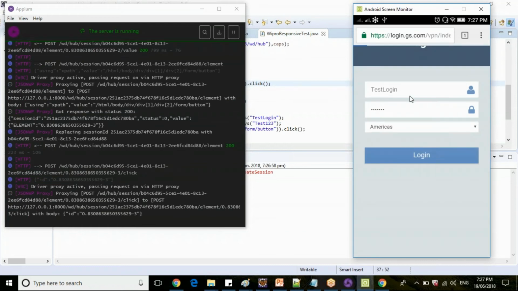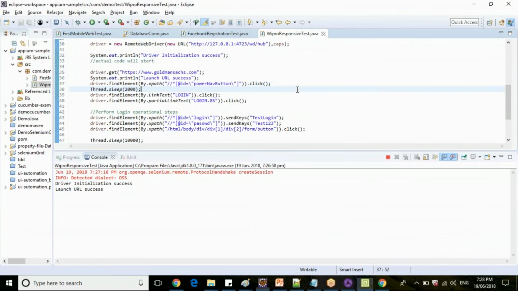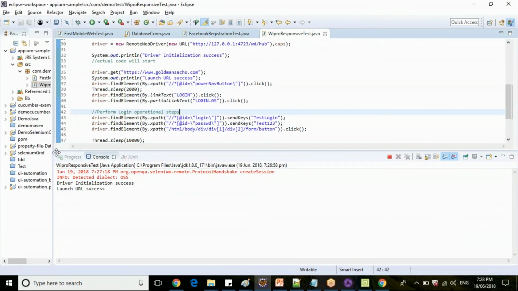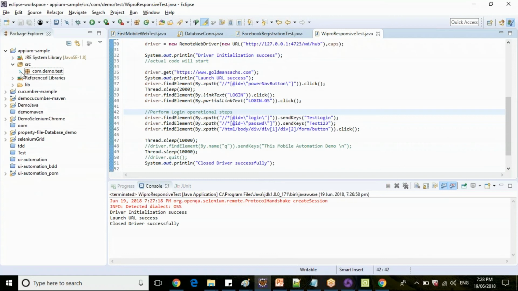So the text is entering test login and the password, and it is clicking on login button. And the authentication has failed here, correct? So this is a simple scenario now to identify your XPath in mobile. So then all other frameworks, whatever we have discussed for Selenium, like page object model or data driven model, everything. Suppose if you want to pass this data from Excel sheet, it is same. You can use the framework and copy these XPaths and create some pages if you want to use this as a page object model framework.